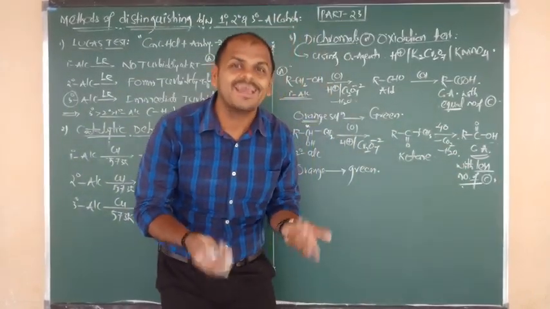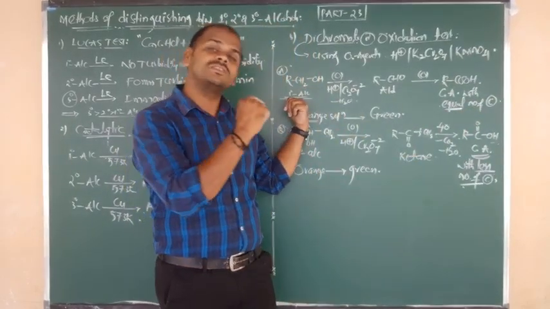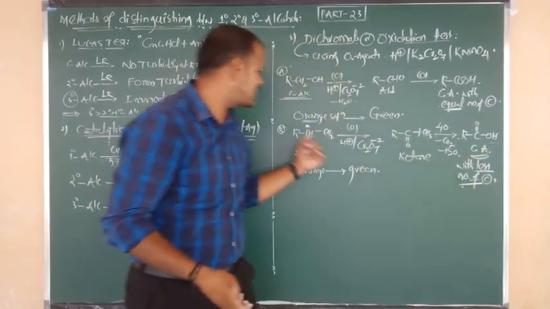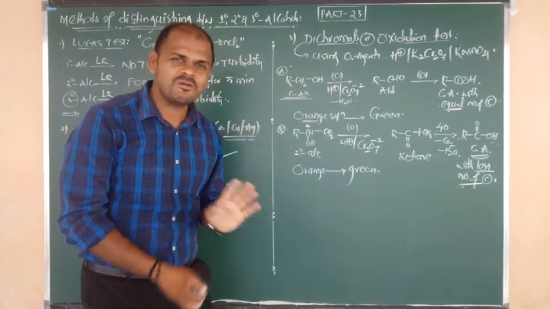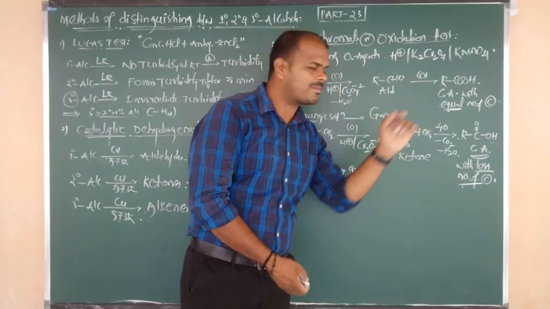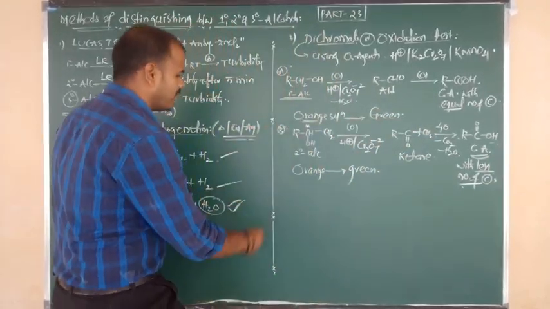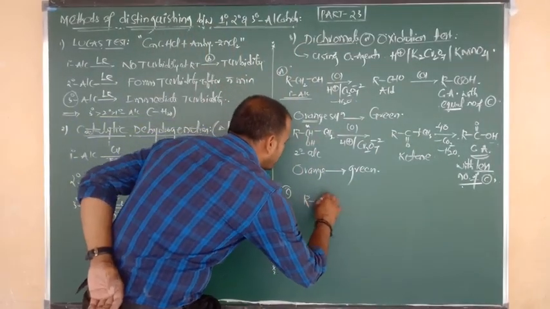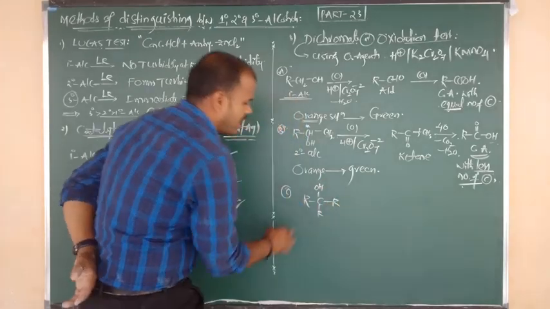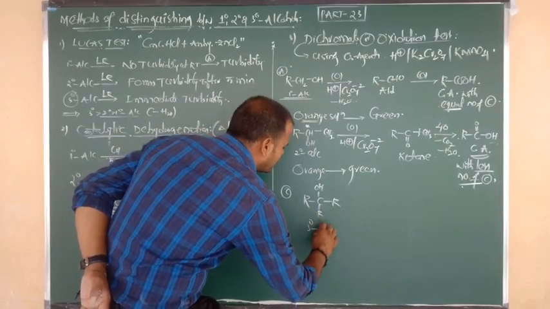But what is the difference? The difference is that here the carboxylic acids have an equal number of carbons with primary alcohol. Here the carboxylic acids have fewer carbons with secondary alcohol. I hope you understand. So the difference is only in the number of carbons, but both form carboxylic acids, and in both cases the orange solution changes to what? Green. Good. Last and final: R bonded to C, above the plane is OH and below the plane is R, again bonded to R. OH is connected to a carbon, and the carbon is connected to 3 alkyl groups. So this is nothing but what, beta?